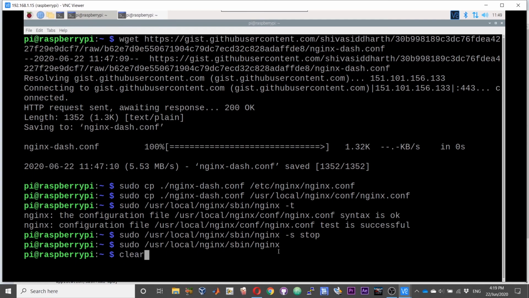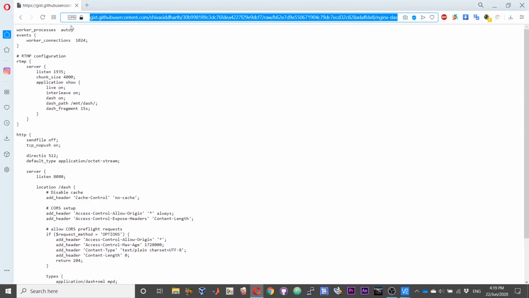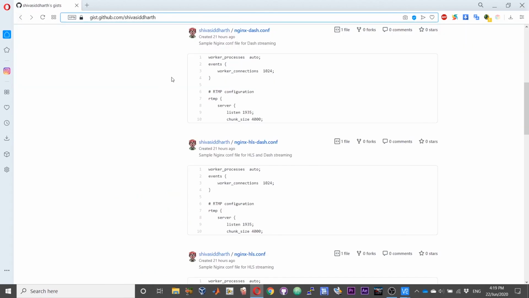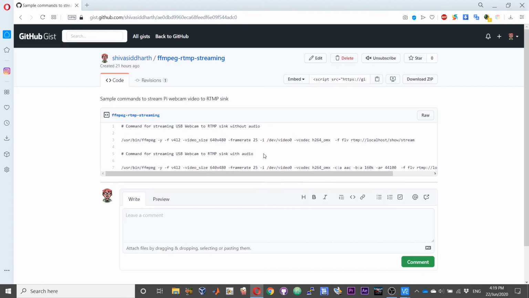And then for starting the stream with ffmpeg, I have given commands over here, the gist. So I have given two commands, one with audio and one without audio. If you are using the webcam stream for just surveillance purpose, I would suggest you use the one without the audio.